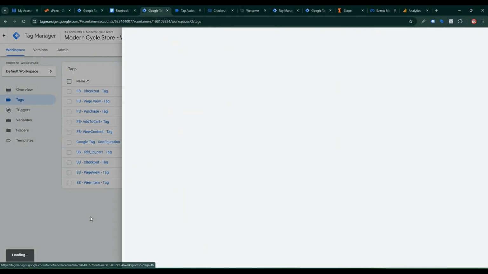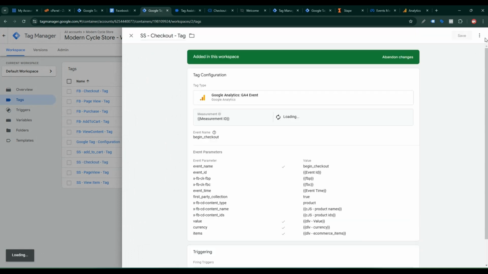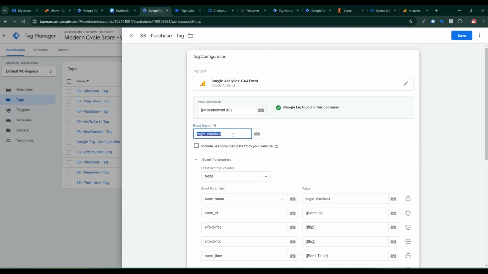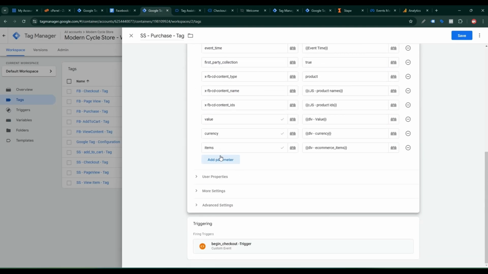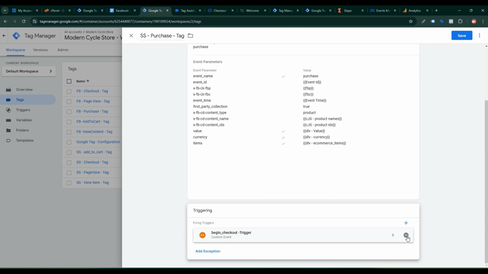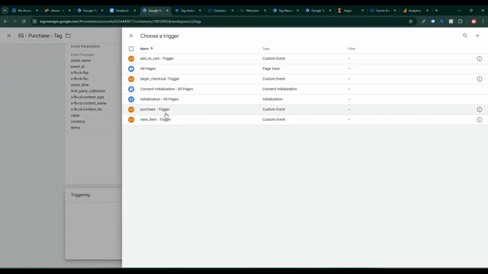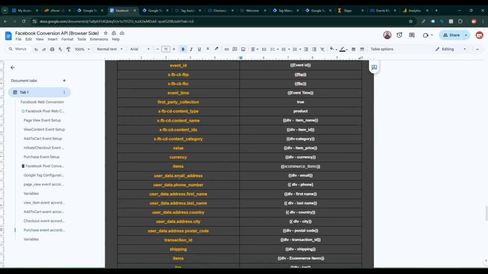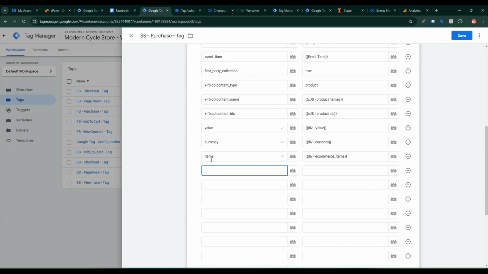So firstly I will copy the server side checkout event, copy this, then change the name. I want to set that up for purchase, so give it purchase. Need to change the event name, then here purchase event name, then add some event data, then click change, purchase triggering, added value. After items, I need to add user email, user email address. So here,